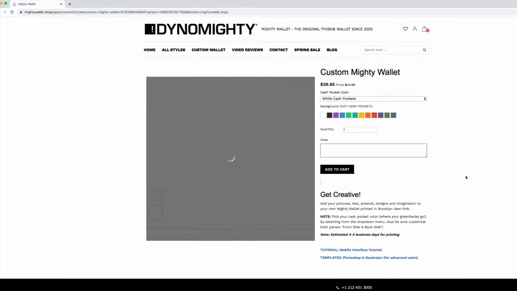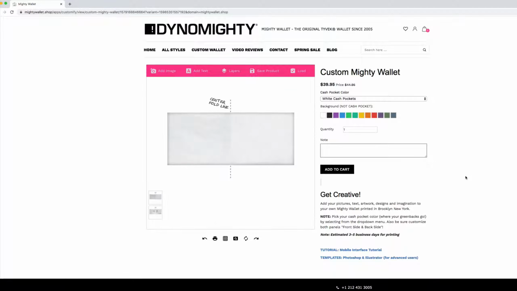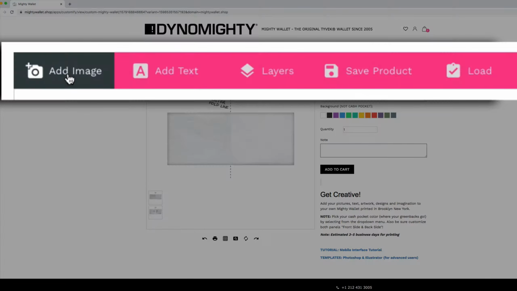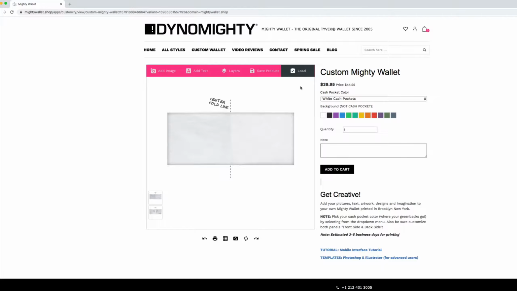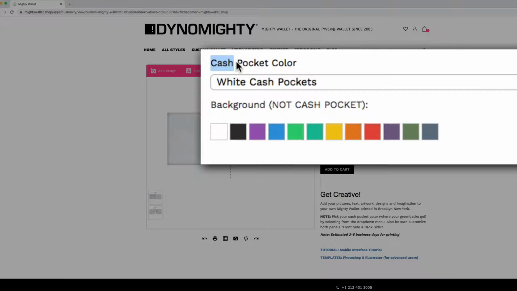Once the interface loads, it'll show you this new toolbar here in pink, and there we can add our images, text, move those around, change our layers, save the design, which I highly recommend, or load previous designs. So the first thing, before we even get into any creative steps here, we're going to select the cache